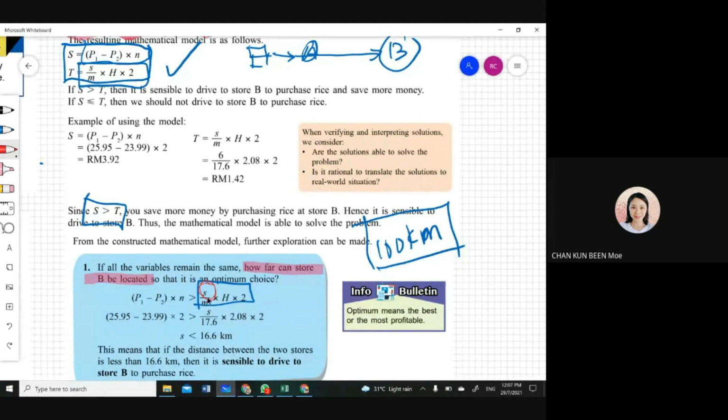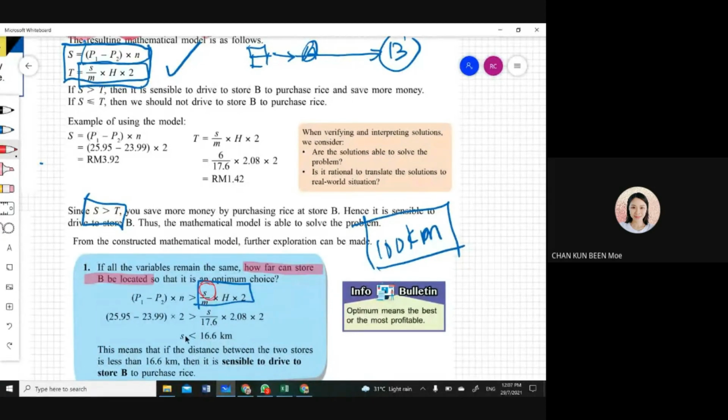M is the rate of the car, 17.6. H is the cost of petrol, 2.08. And then you multiply by 2 because you go and come back. So after we found out, you just need to calculate using your calculator. You can get the value of S is equal to